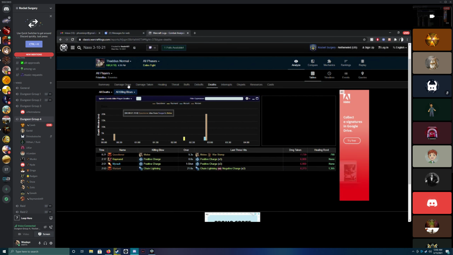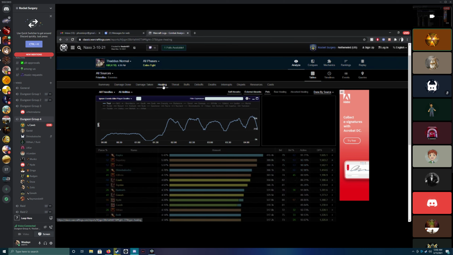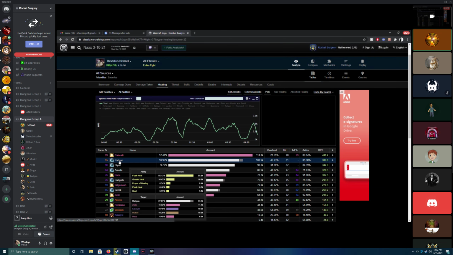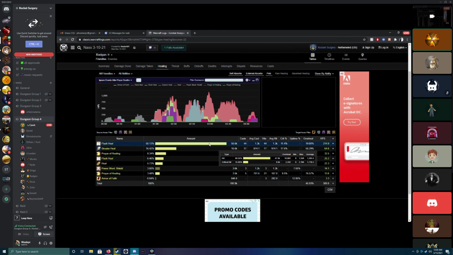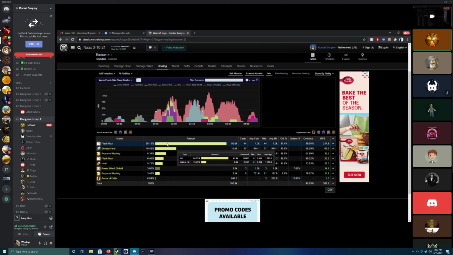And then another thing you can take a look at is, I think we got quite a few healers in here, so I want to go through the healing real quick. So if we look at Radgin's healing, okay, I want to drill down on Thaddeus Radgin healing. So I can see, all right, what was Radgin doing? If I hover over this, again, an extra window shows me what were his